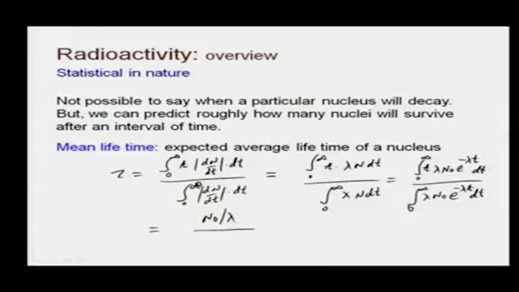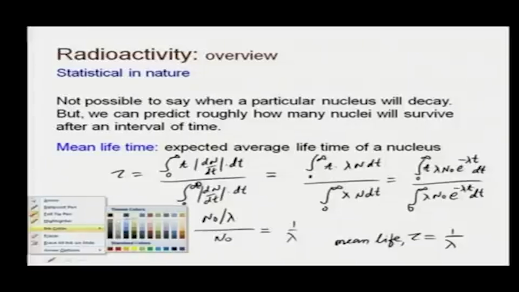The denominator is obviously lambda N0, since lambda and N0 are constants, and the integral of e power minus lambda t dt from 0 to infinity will give you 1 over lambda. So, this will simply give you N0, and therefore the whole thing is just 1 over lambda. So, we can say the mean lifetime tau is equal to 1 over lambda,